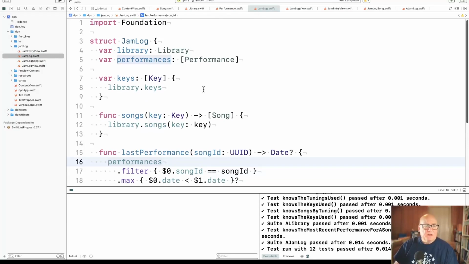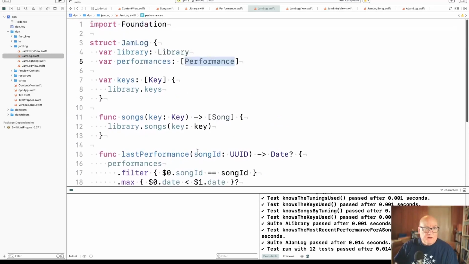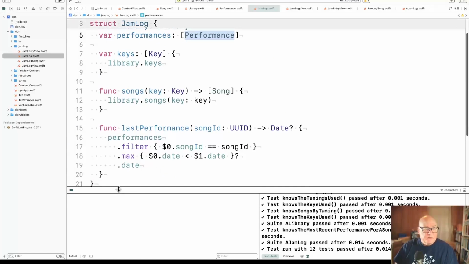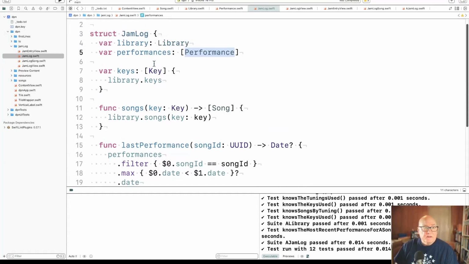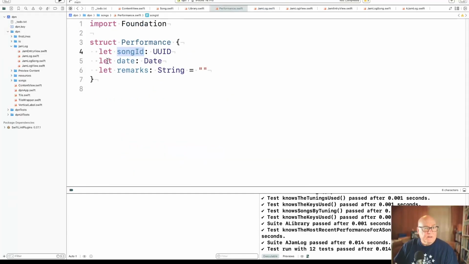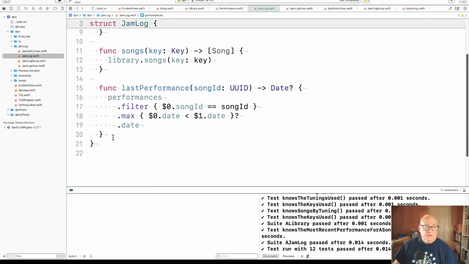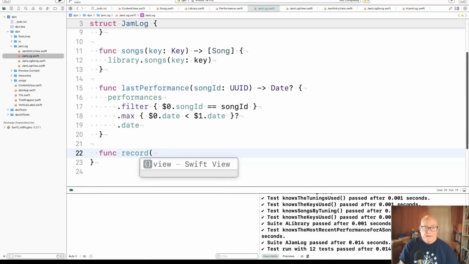Okay, a jam log knows the library, knows the performances. This might want to be its own object at some point, but it's not right now. All right, and so I think we're going to say record. So I would like to give, I guess I want to record the song, the date, the remarks. So I'm going to create a new performance for it. Okay, so the entry point then is record, and we want to record a song